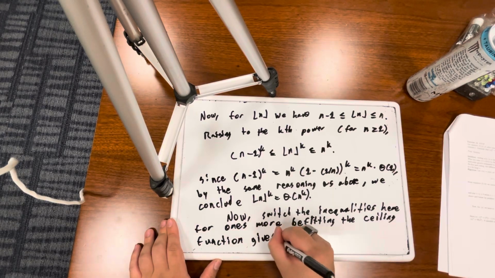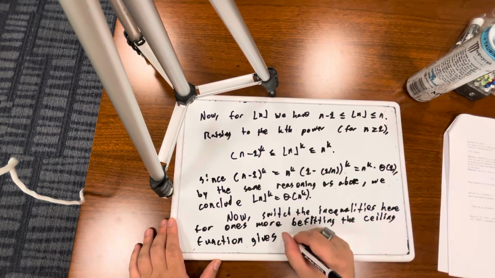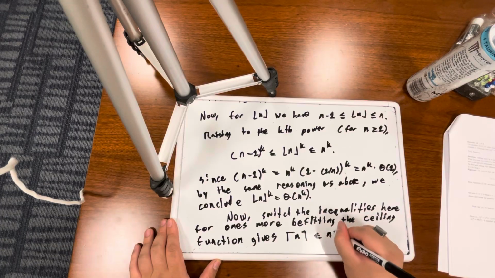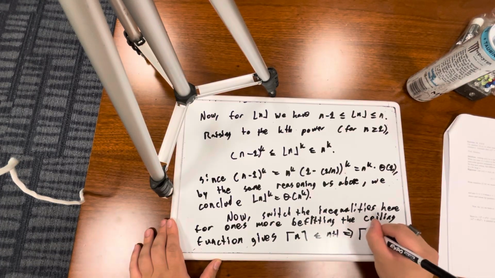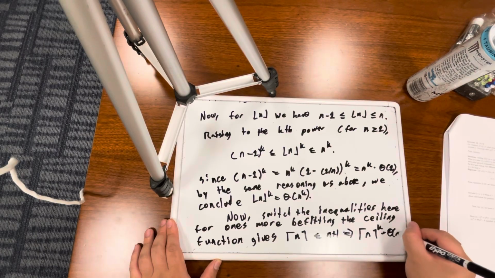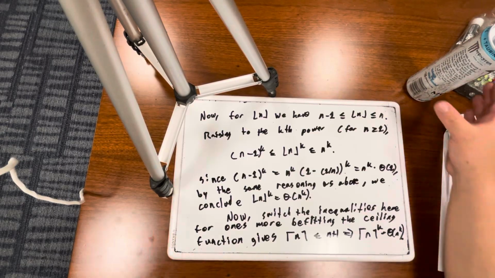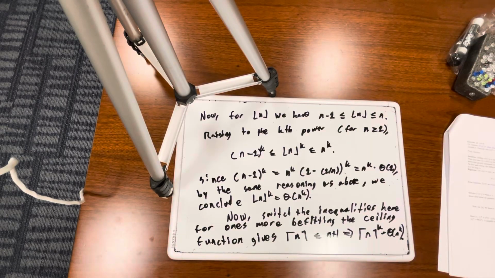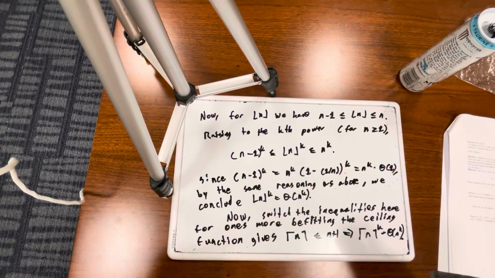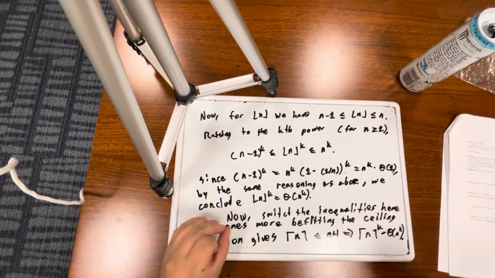This is where I do a bit of hand waviness because I'm not explicitly showing it, but that gives that the ceiling function of n is less than or equal to n plus 1 implies that the ceiling function of n to the k is equal to theta of n to the k, right? It said to show, and I feel like we've done that, with admittedly some leeway insofar as the rigor is concerned towards the end. But it's not as though the rigor isn't already implied and encapsulated with this statement, right? So